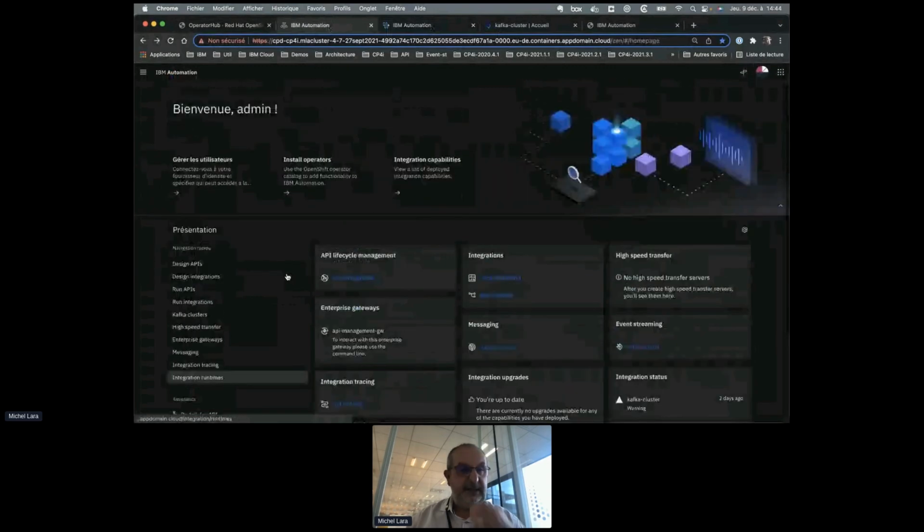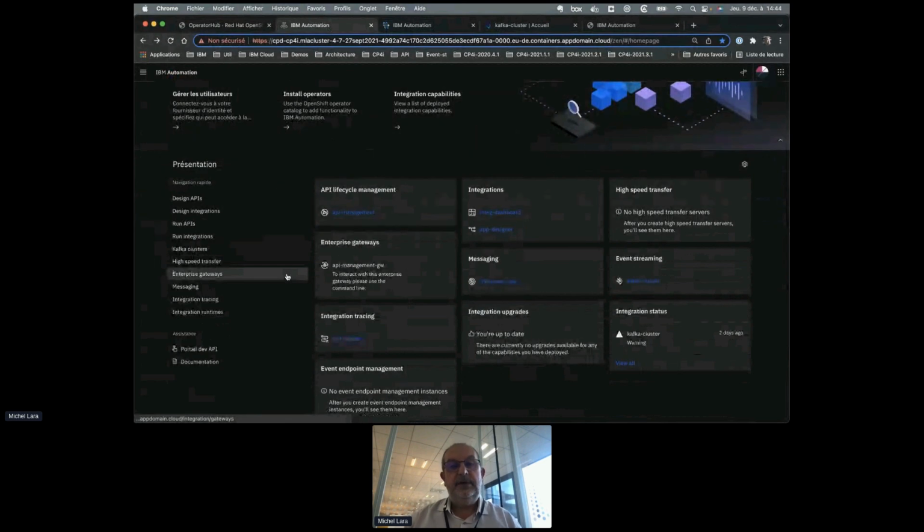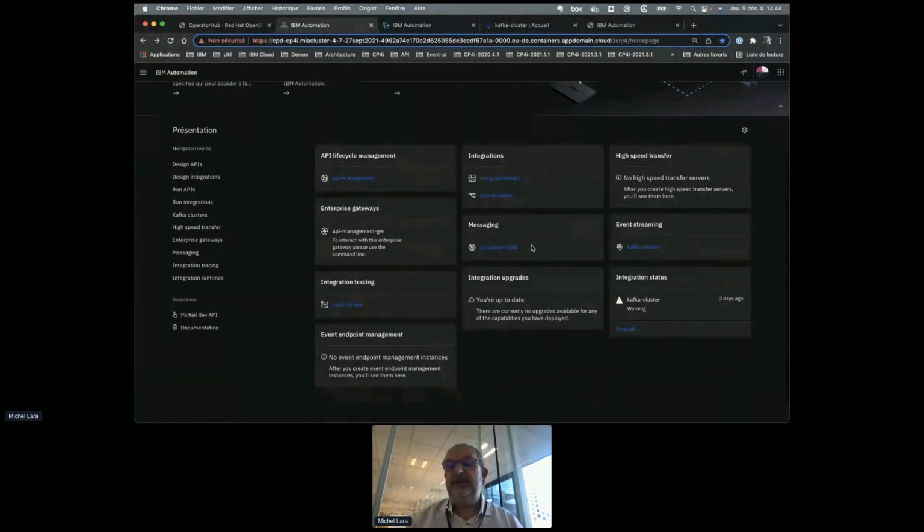So in the same administration way, you can find the API management solution, my Kafka cluster installed. You can have messaging. You can have all the solutions I have mentioned before: the integration bus, API, Kafka.